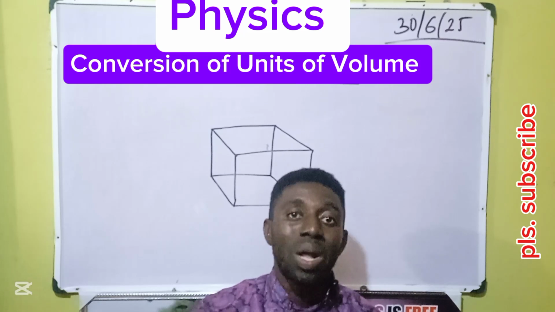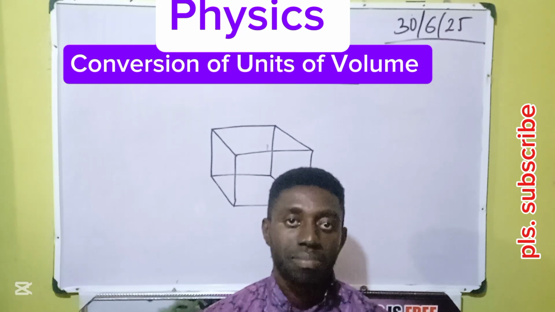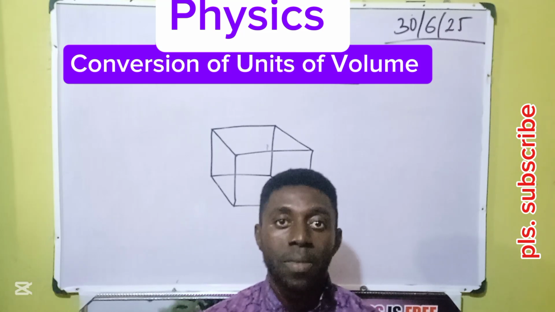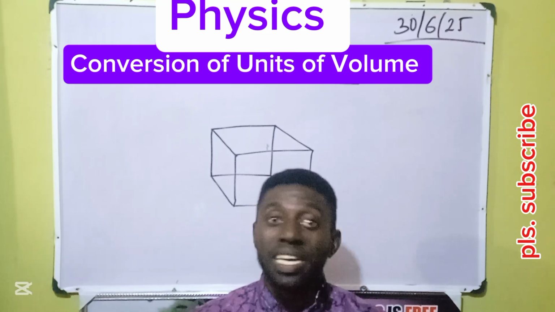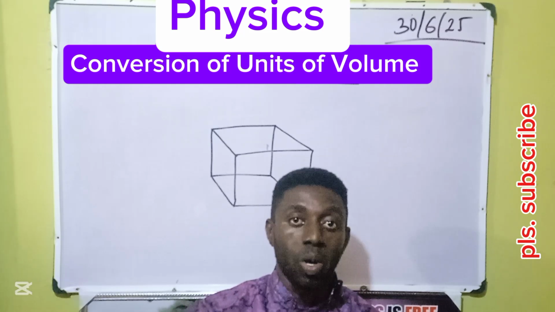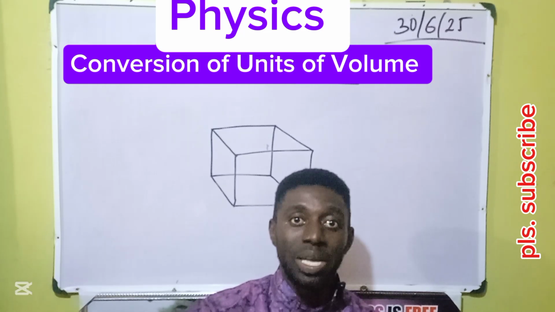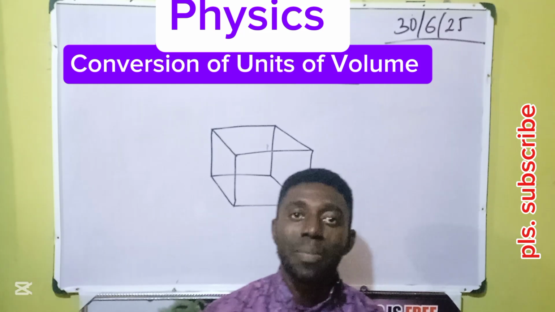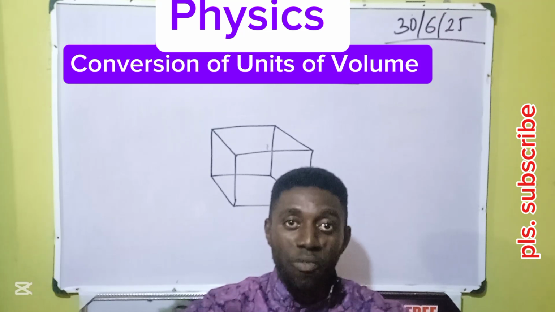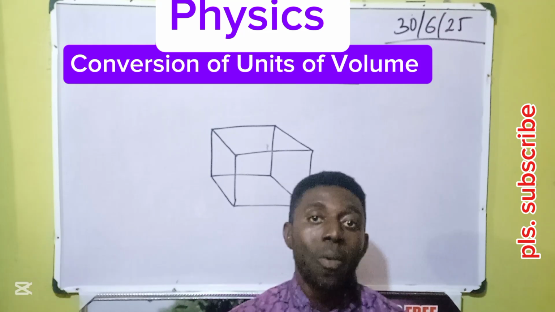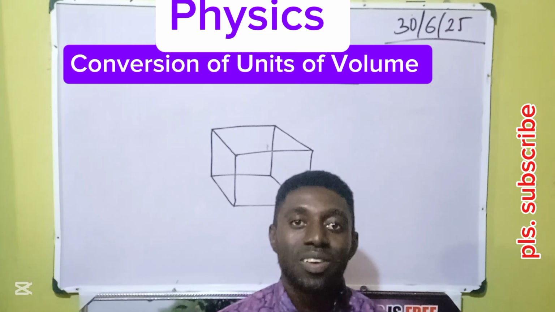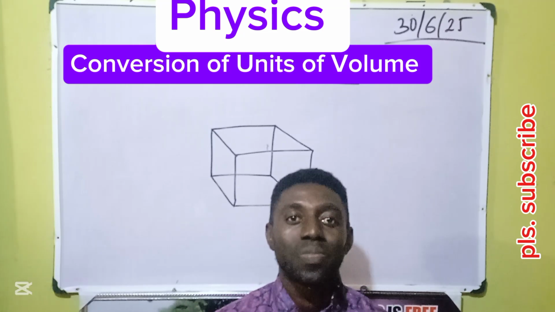there is a fundamental quantity in every matter called length. Particles in matter can extend in space. When the particles in matter extend in one line, it is called length, and that is one dimension. When the particles in matter or matter itself extends in two lines, we talk of area, 2 dimension. But when the particles in matter or the matter itself extends in 3 lines, we say 3 dimension, and we'll